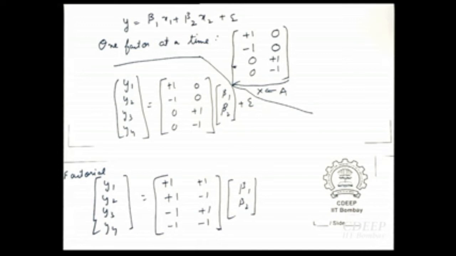Okay, so in both the cases the estimates of beta 1, beta 2 that you will get are going to be different. The model is the same, but you are generating data in different ways, and in each case you are doing 4 experiments. So your experimental effort in that sense is the same. Fine. The question we want to ask is, why is this a better way of generating data than this?